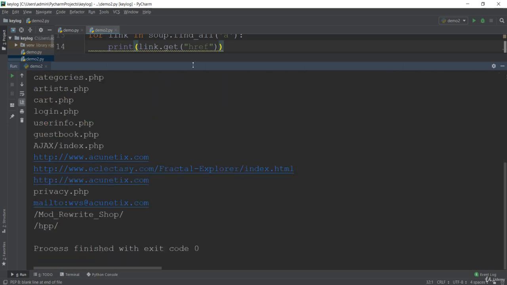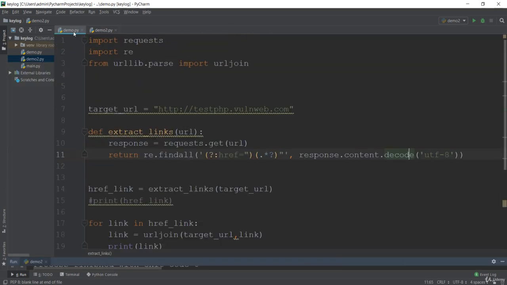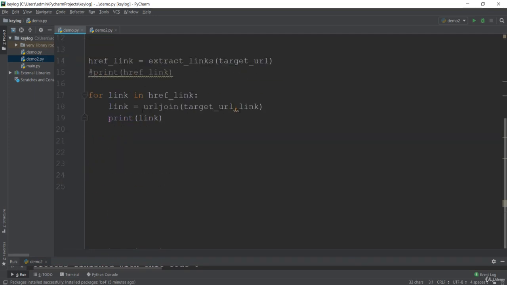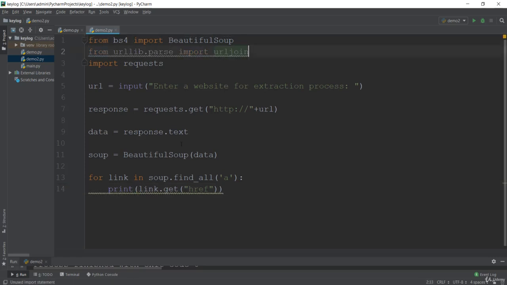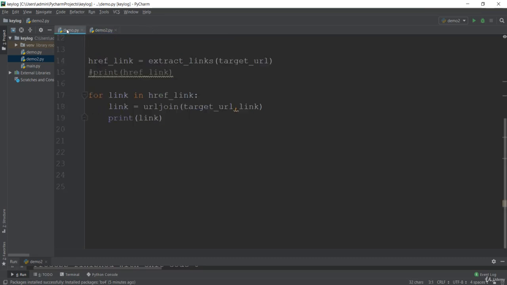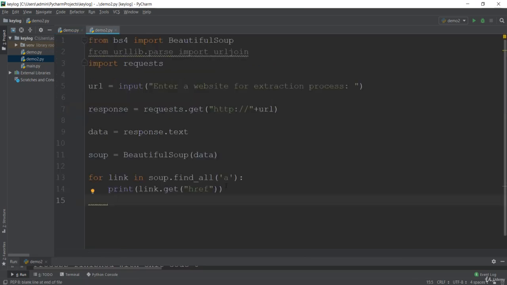So next thing what you can do is similar to that what we just did in the previous lecture. So let's go over here. Now you can make use of this URL join in order to just convert that relative link to the full link. So let's go right over here and paste it down here, and after you get that href, you can simply join that link too. So you can see we can do something like this. We can just copy that link, and after you just get that, you can now print that link.